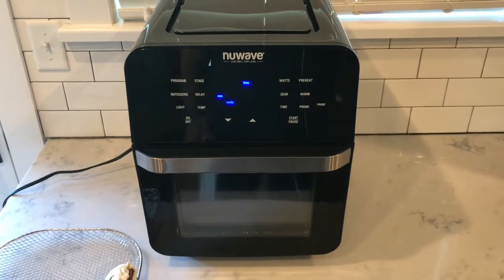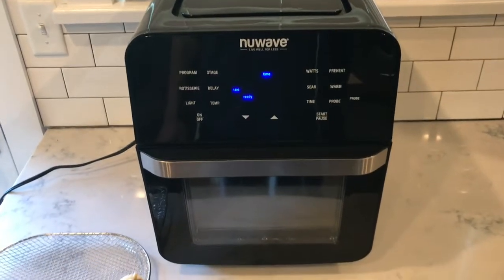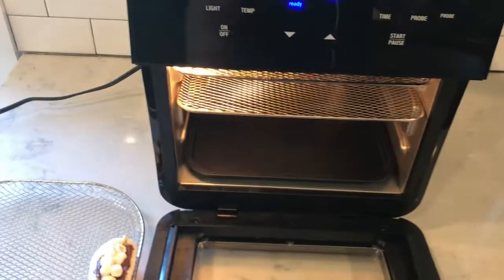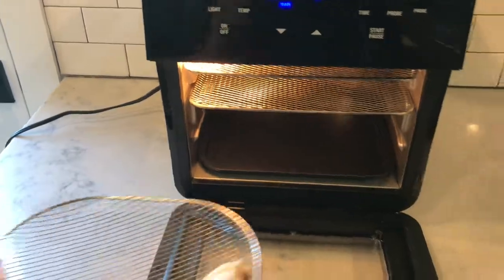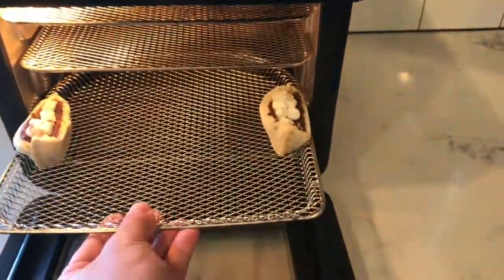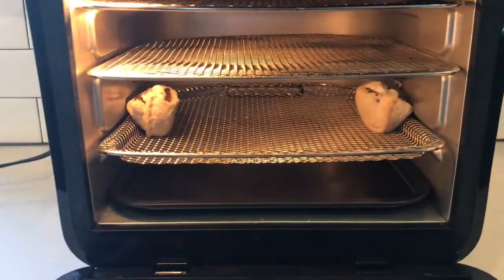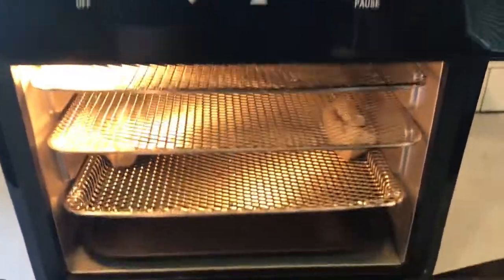Alright guys, the air fryer is preheated. We are now going to put these into the air fryer. Open her up. Place them in position 1, and we are going to